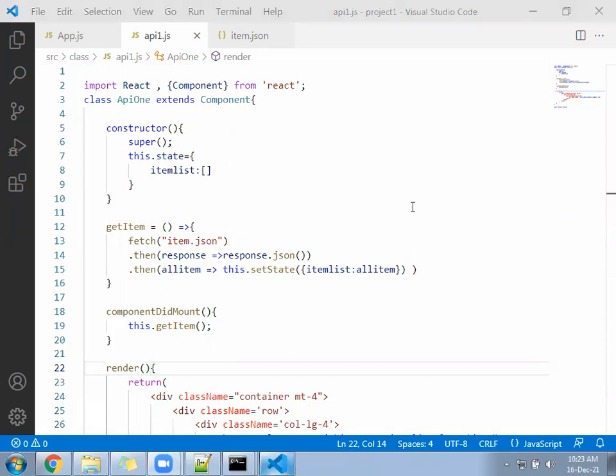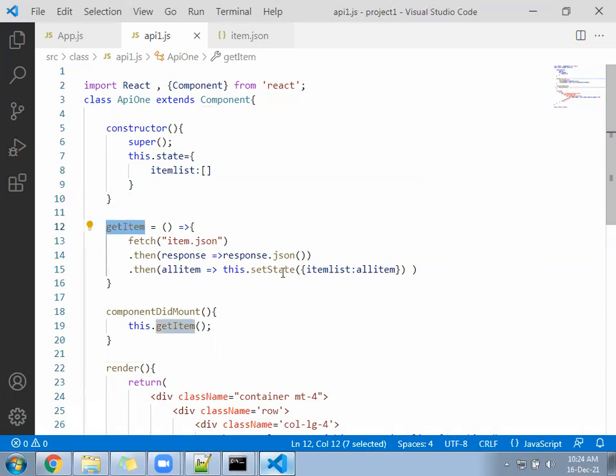Two times. When and when? First, listen, I will tell you. First, when the page has loaded, render has been called automatically. It has displayed a 0. After that, your component did mount is called. Component did mount will call get item.